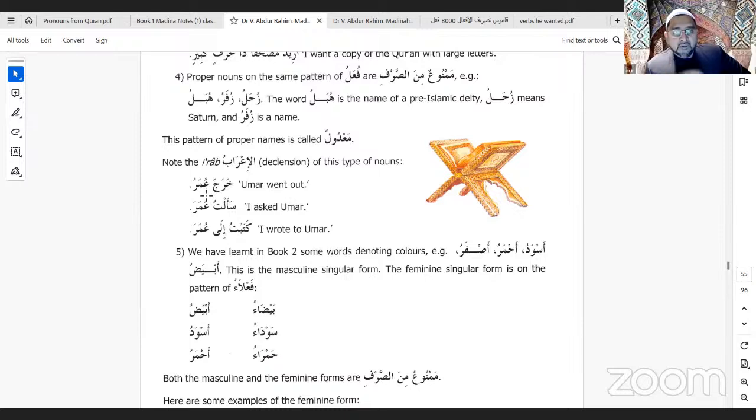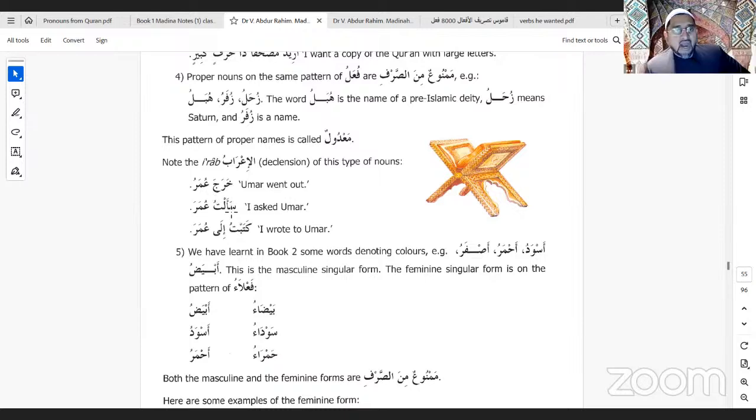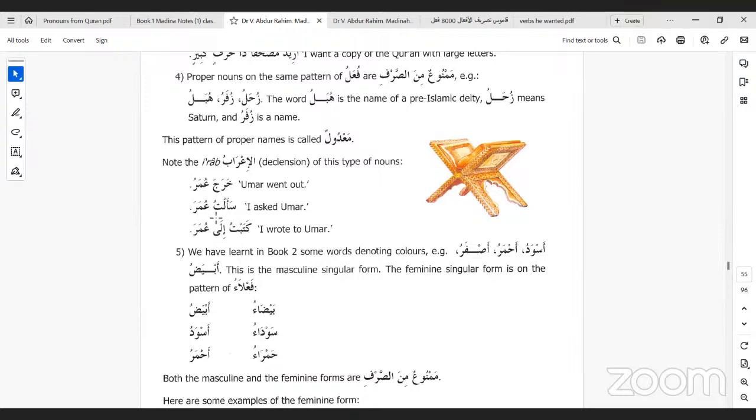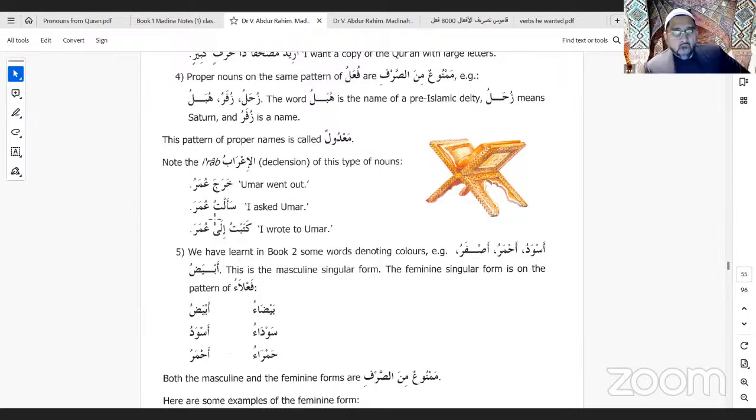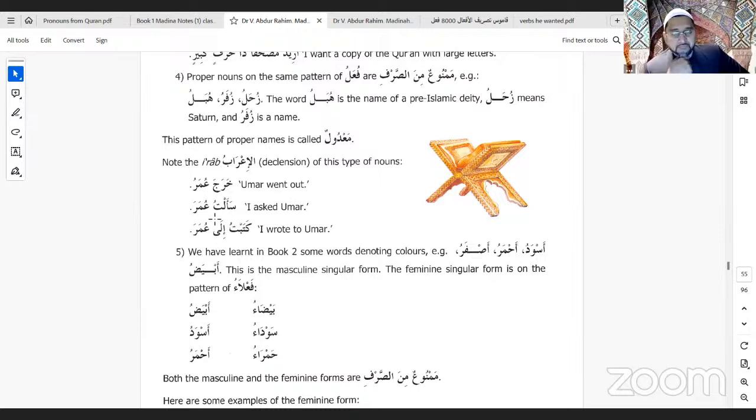Okay. So normally, if I said a student went out, how would you say that? Kharaja talibun. Excellent. I asked a student, how would you say that? Sa'altu talibaan, with the student as the object, taliban with fatha tanween. So here, the word Umar, when it comes as an object, because I am asking the question, sa'altu Umar